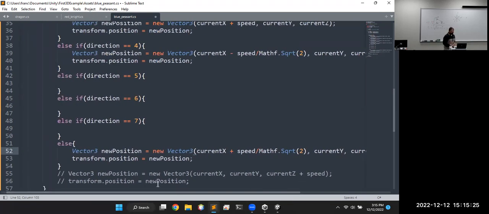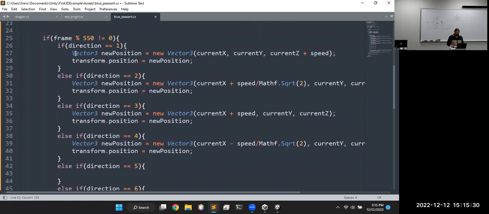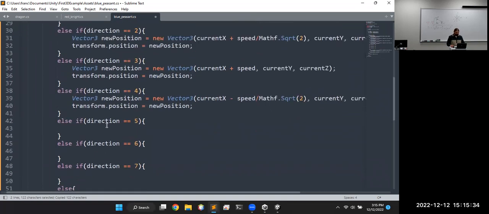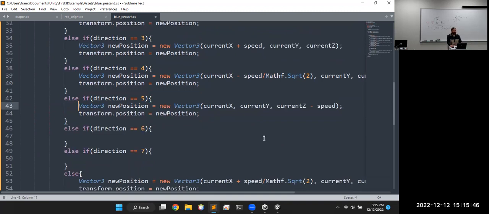5 is again completely vertical. So it's just like the first one where we went in the positive Z direction, except this time we want to go in the negative Z direction. So the exact opposite direction. And by now, hopefully y'all can see where this pattern's going, right? 6 is the opposite of that second one we put in,